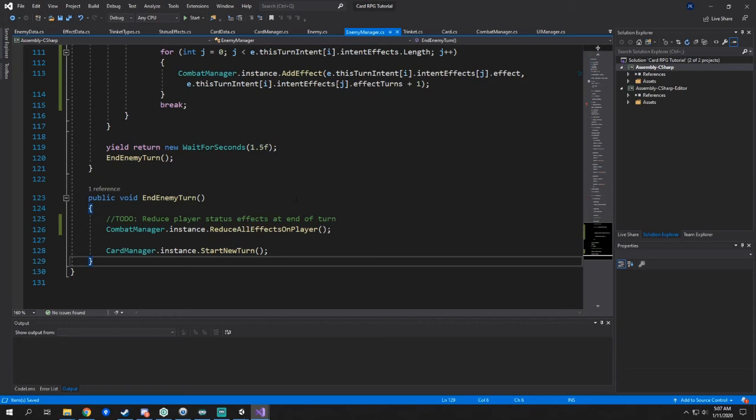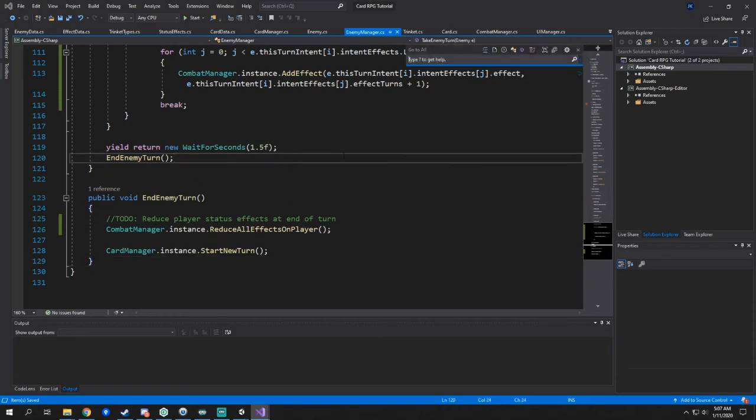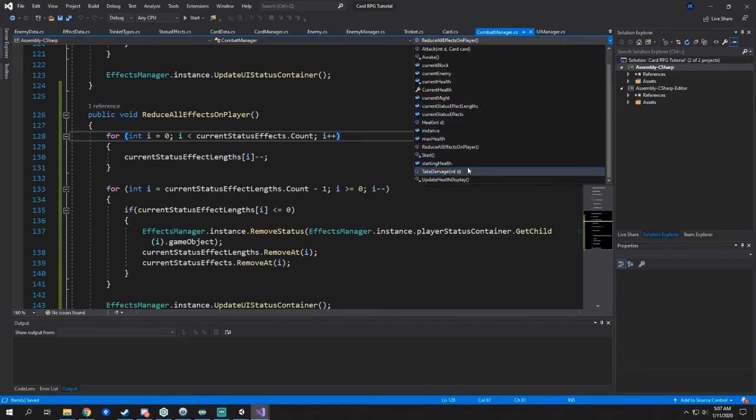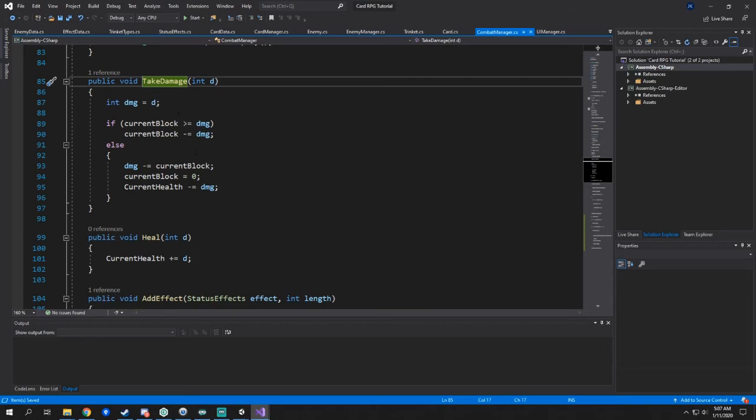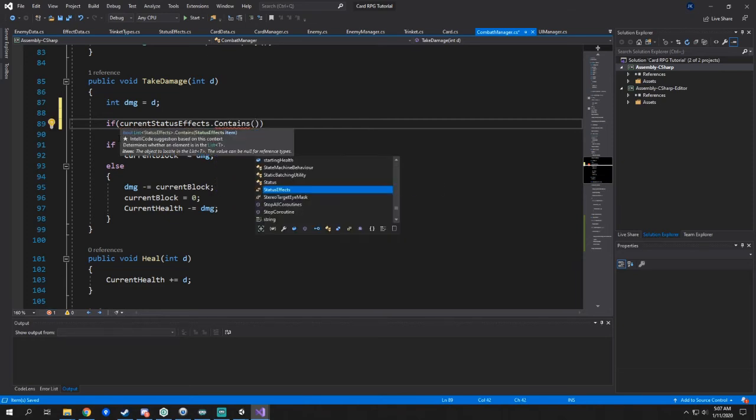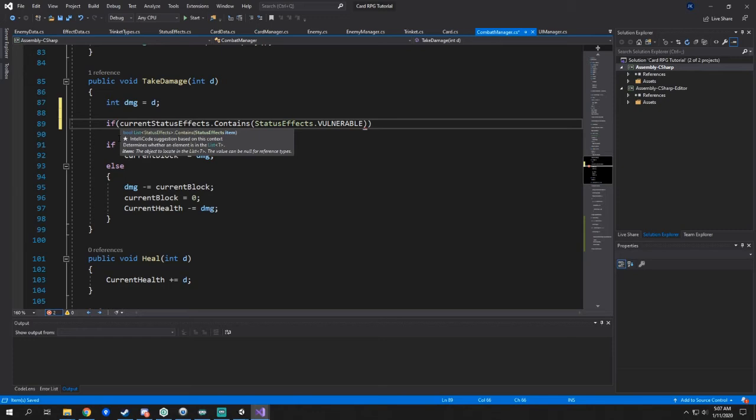So we have to go first to Combat Manager. So Control comma Combat Manager. And then we're going to hit this little down arrow here and find TakeDamage. What TakeDamage is going to do is after we store the damage, we're doing if currentStatusEffects.Contains, this is if the player is taking damage, StatusEffects.vulnerable. So if we have vulnerable right now on us,